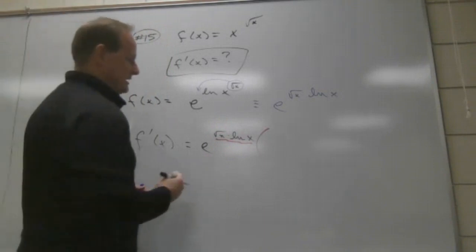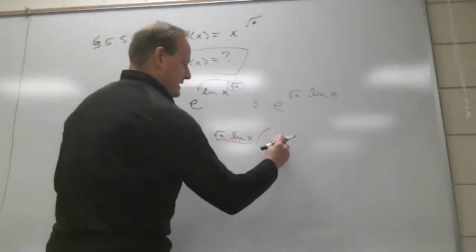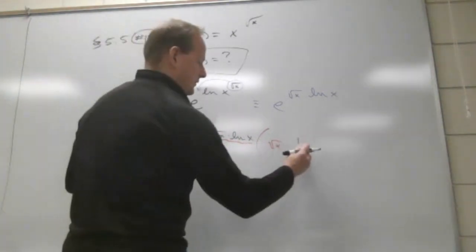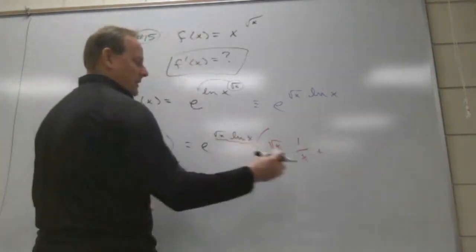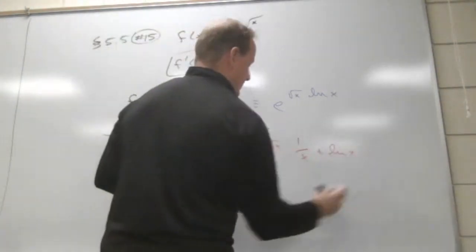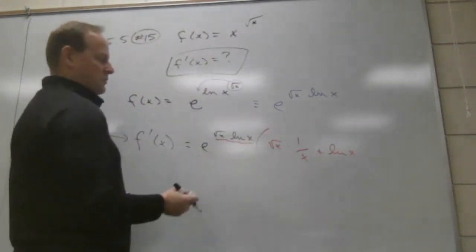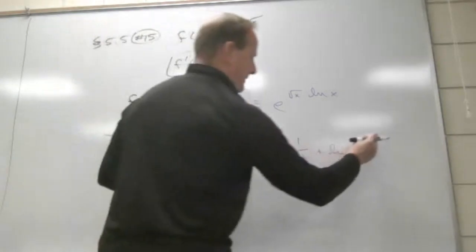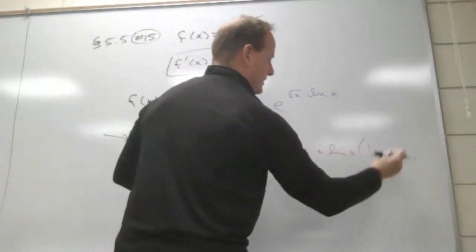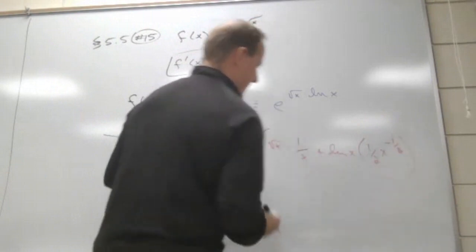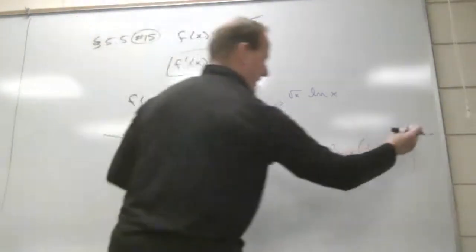So we're going to use first times the derivative of the second. So it'll be square root of x times the derivative of natural log x, which is 1 over x, plus the second one, which is natural log of x, times the derivative of the first one. Well, instead of square root of x, that's x to the 1/2 power. So it's going to be 1/2 x to the minus 1/2 power. And then we've got some cleanup